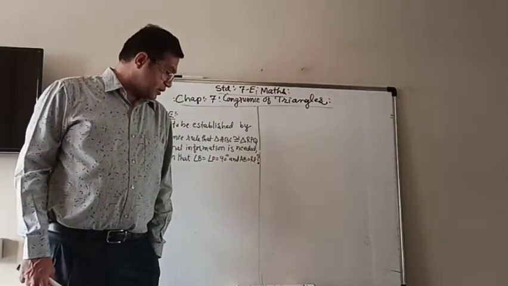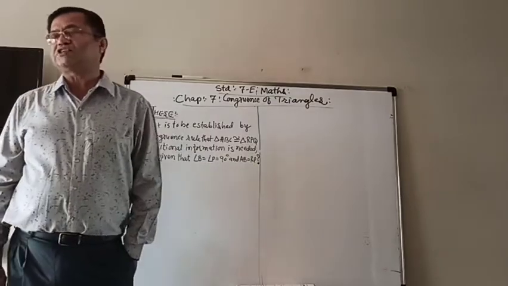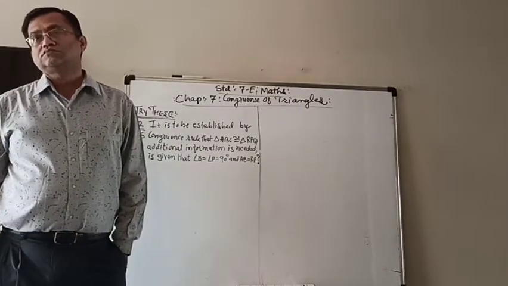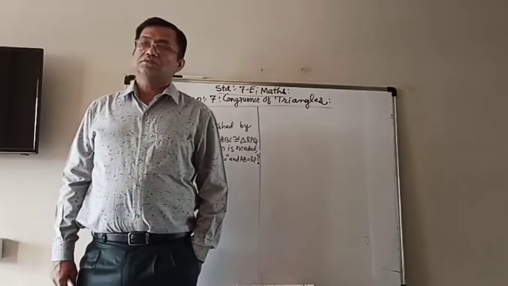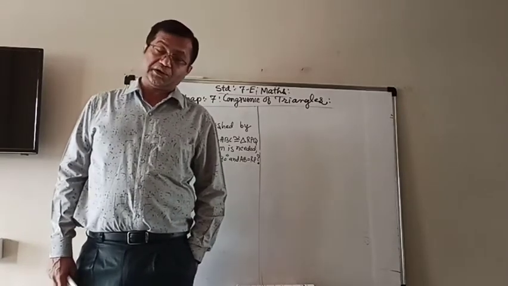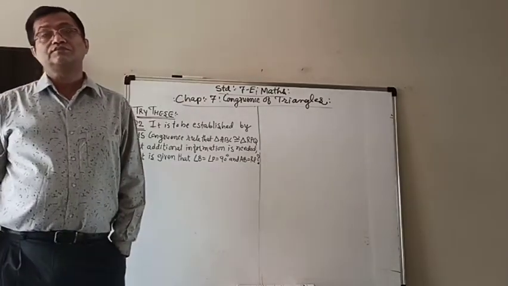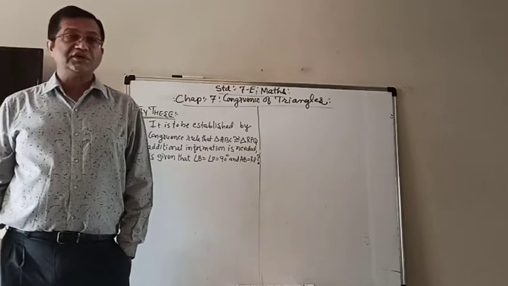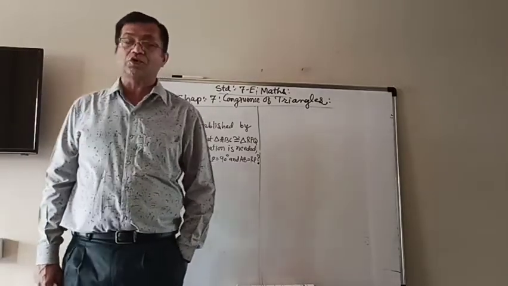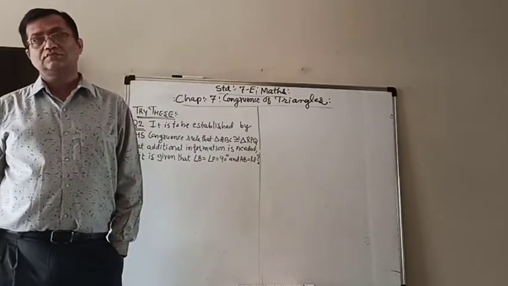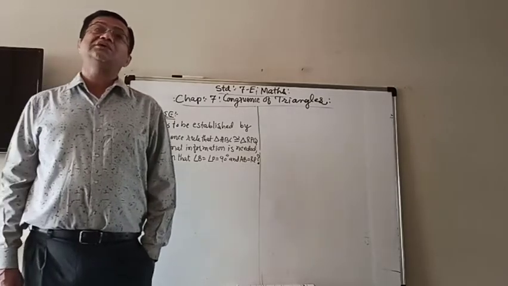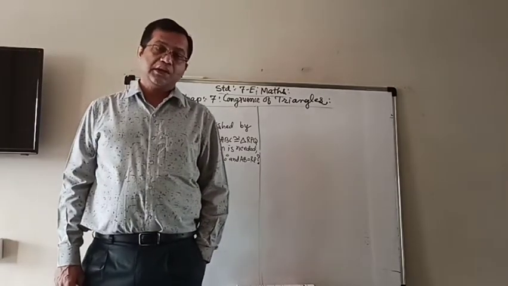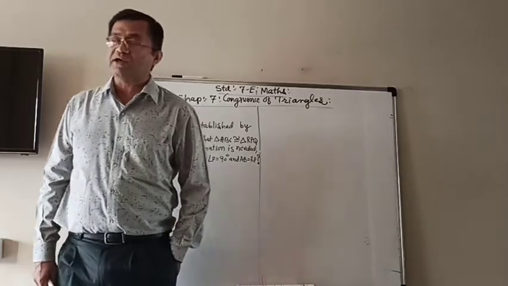We learn almost everything in this chapter, like the correspondence between the triangles, congruent figures, congruent line segments, congruent angles, and then congruent triangles. And then we learn some criteria,